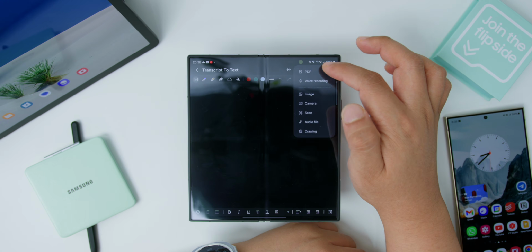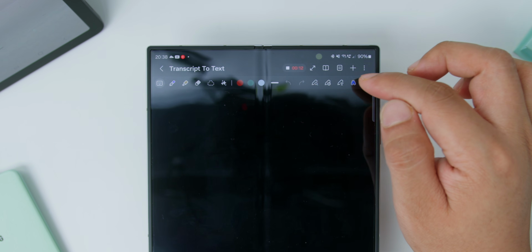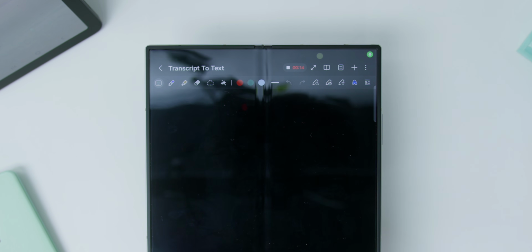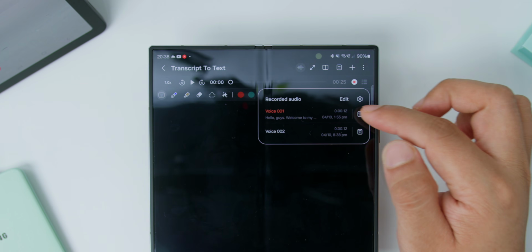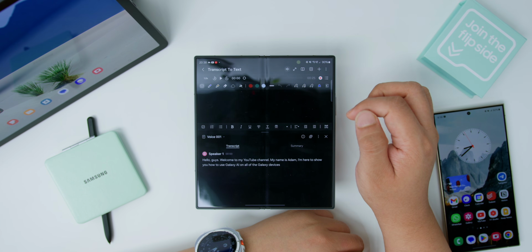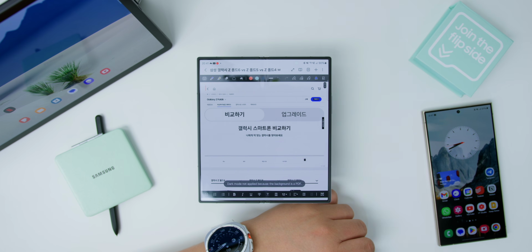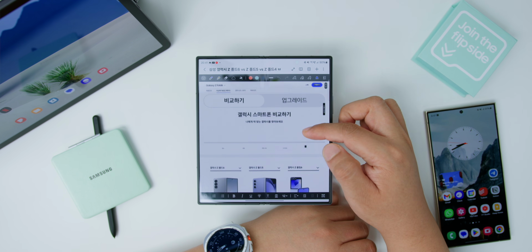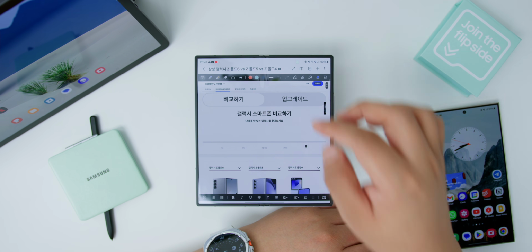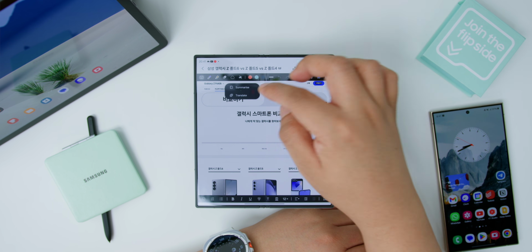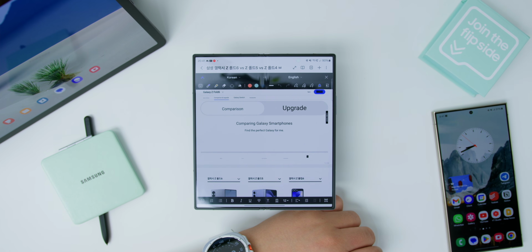Then Transcript Assist is perfect for transcribing voice recording into written text, where you just need to hit the plus button on the Notes app and then select voice recording, then record what you want to say and then tap the text icon and you're done. And you can even edit the text after it's generated too. Then PDF Overlay Translate helps you to translate an entire PDF document. So after loading the PDF files on the Files app, tap the Galaxy AI icon, choose Translate, and it's done.